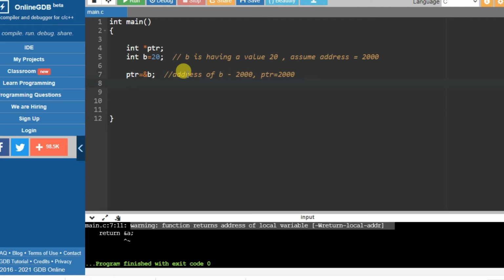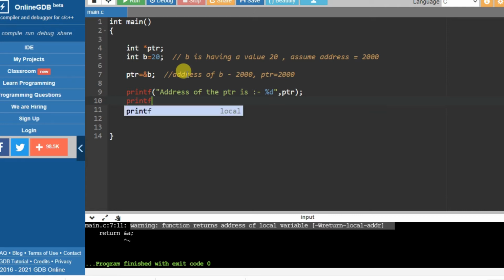If we want to print this value, we will print %d and then ptr. This is the way we will print the address stored in ptr. And if we want to print the value of b, then we need to use star.